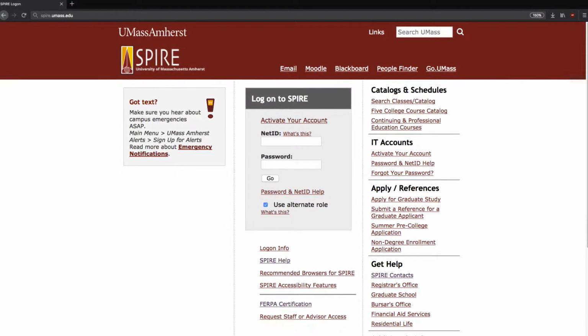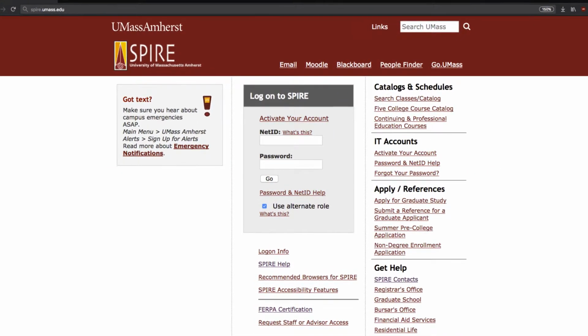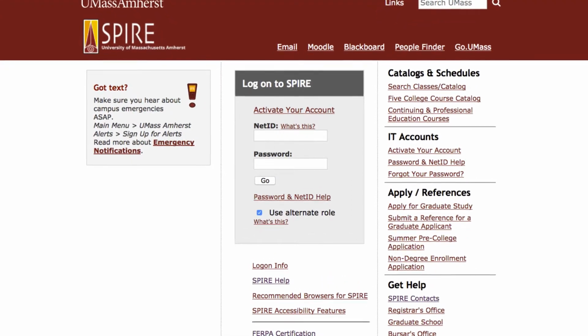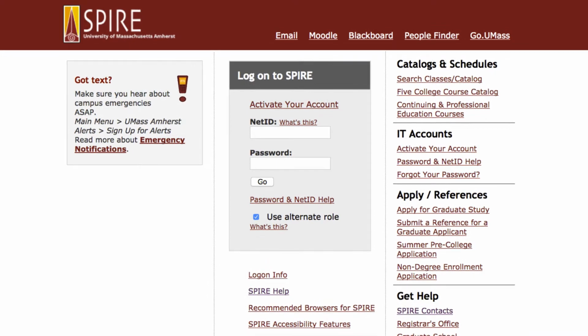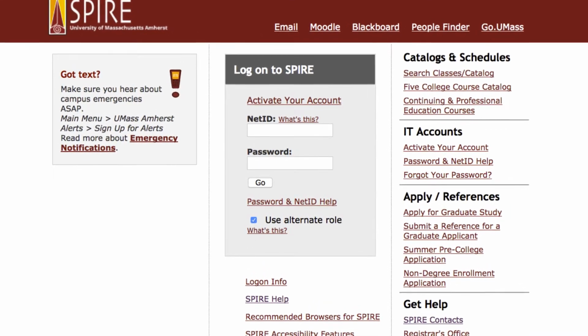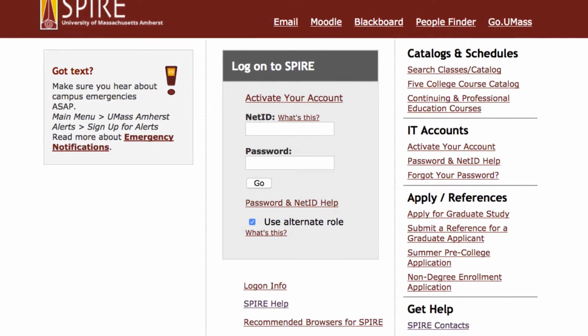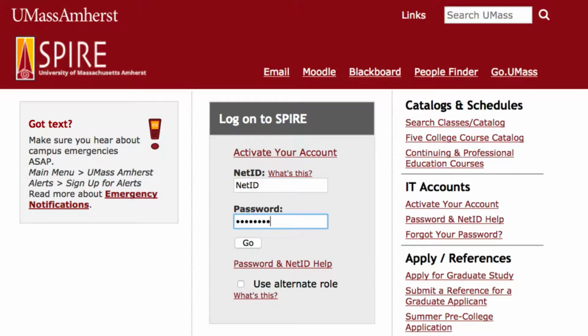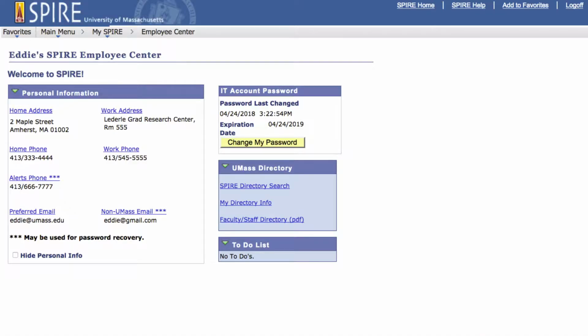Some users have two SPIRE roles. If you are a student, your student role is separate from your non-student role, e.g. staff, faculty, instructor, or student employee, and your non-student role is initially set as default. This means that when you log into SPIRE without checking the Use Alternate Role checkbox, you will be logged in